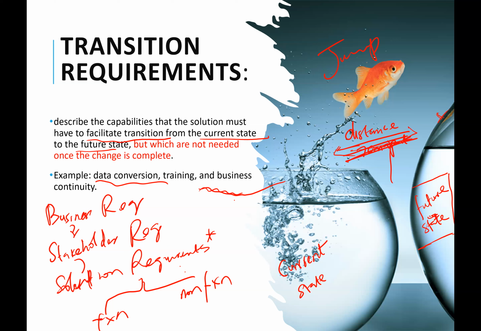Okay. So a transition requirement can even be hiring temporary staff to just come do some things for you so that you can transition. You already have your future state in mind. You know your current state, you know the solution, you know everything, but you need somebody to come maybe edit something quickly, maybe for 1 month or 2 months, to help you move your solution from where you are to where you want to be, to the state where you are using the solution. And after that, the person is gone. You don't need that person anymore. So it's not a permanent requirement. It's just to help you transition.